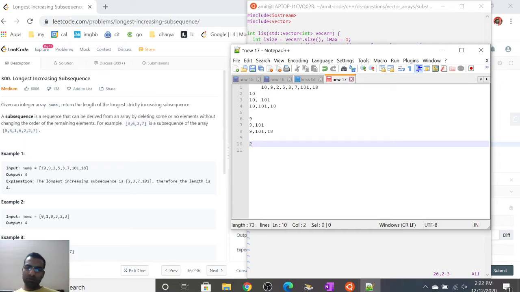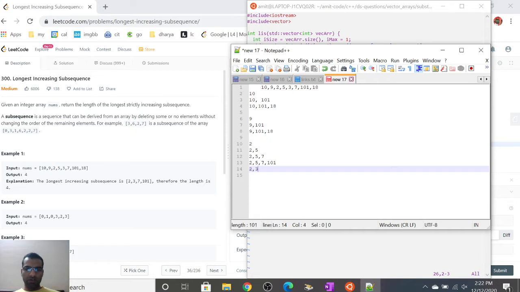For 2 it's first 2, then 2, 5 is the second, then 2, 5, 7 is another, then 2, 5, 7, 101 is another.